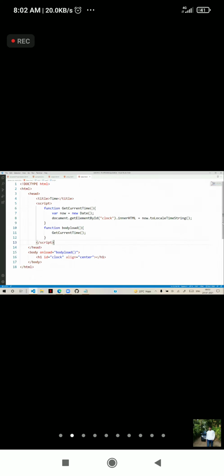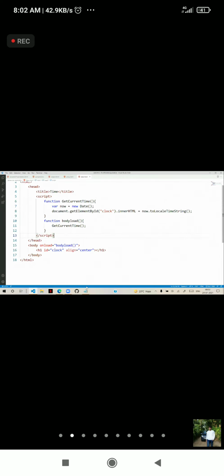Why? Because at the time you loaded this page, whatever date and time is present, it will capture and display. We want this to change every second. I want this to tick. When I refresh, at that time whatever is there, it will display, but we want it to change.